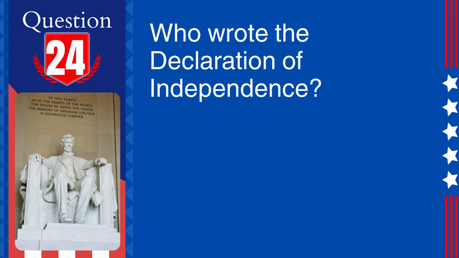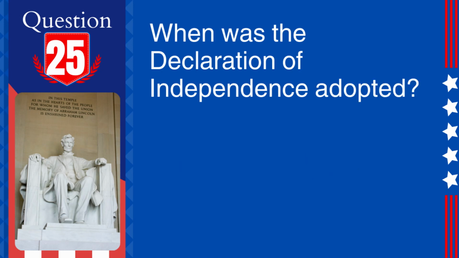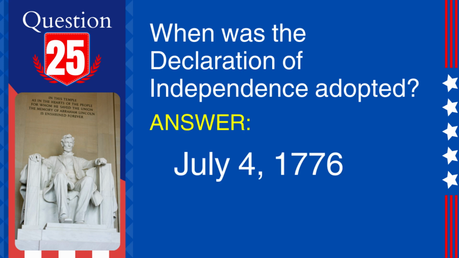24. Question. Who wrote the Declaration of Independence? Answer. Thomas Jefferson. Explanation. Thomas Jefferson is recognized as the principal author of the Declaration of Independence, which was adopted on July 4, 1776. 25. Question. When was the Declaration of Independence adopted? Answer. July 4, 1776. Explanation. The Declaration of Independence was formally adopted on July 4, 1776, marking the birth of the United States as an